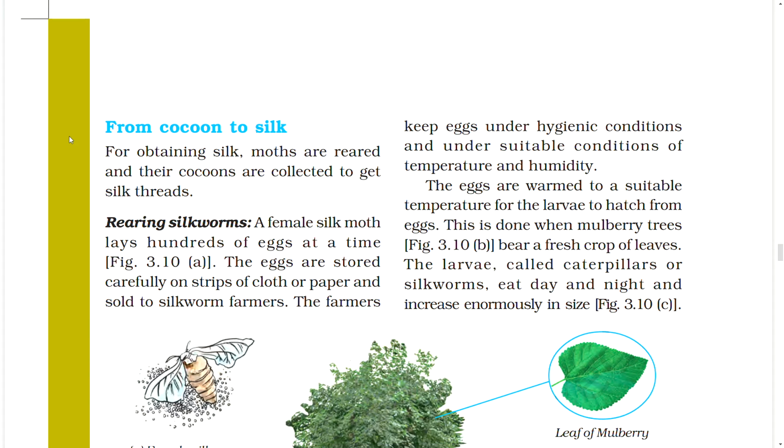From cocoon to silk. For obtaining silk, moths are reared and their cocoon are collected to get silk thread. Rearing silkworms. A female silk moth lays hundreds of eggs at a time, figure A. The eggs are stored carefully on strips of cloth or paper and sold to silkworm farmers. The farmers